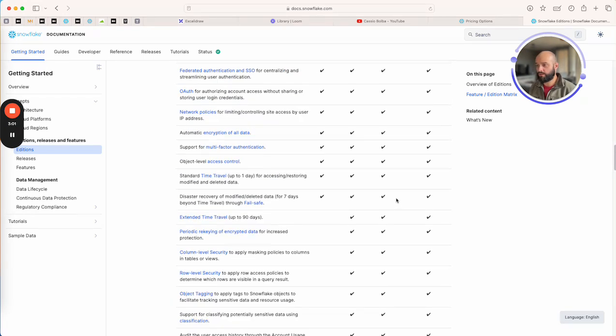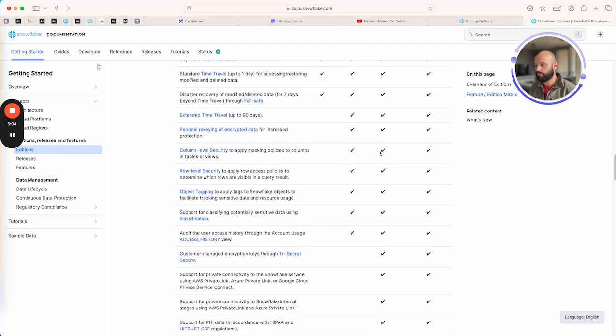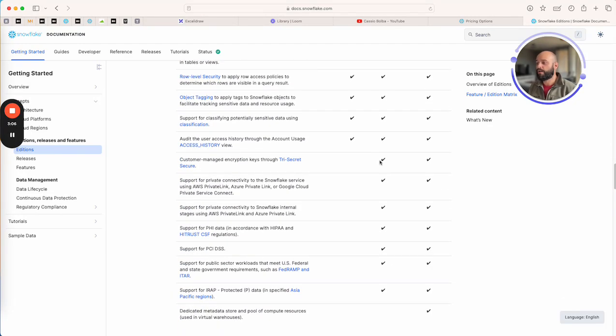Then when you go to business critical, what we're going to have here on top is basically more security, as I mentioned before. So you can add your customer encryption keys, right? That's pretty interesting. Another thing that's very used is Private Link, the private connection through private links on AWS, Azure, and GCP. I have used all of them in all the companies I worked with Snowflake so far,